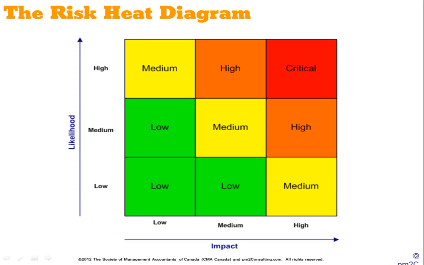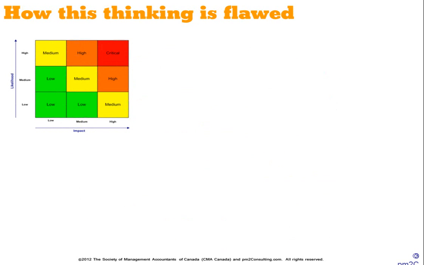Again, something that has a low impact and low likelihood would fit into the low risk category, and we gravitate to the top right corner where something that has a high impact and high likelihood becomes a critical issue for leadership. Now, this is an effective way to categorize your risks, but there's a couple of shortcomings that we need